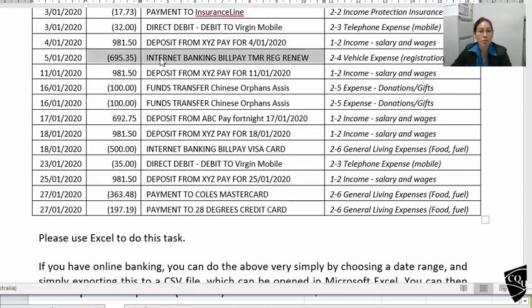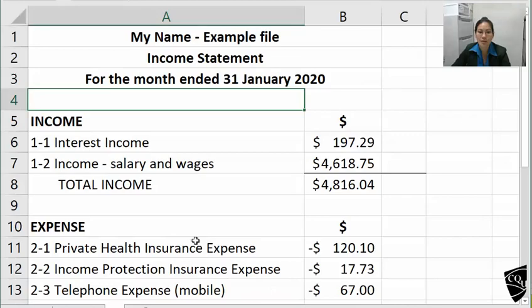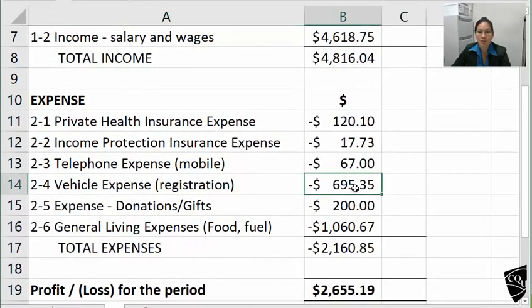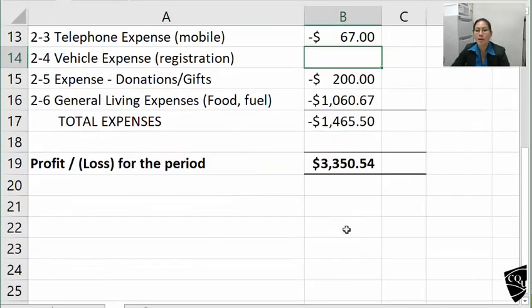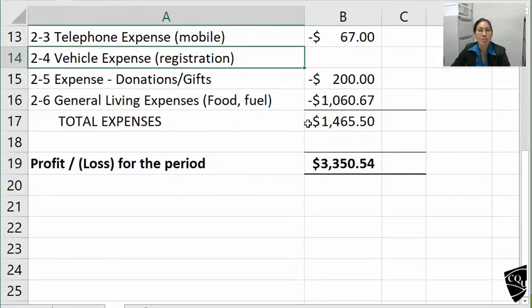So if I was to classify that under the accrual basis of accounting, this wouldn't go as an expense on my profit and loss. You would not see it here, right here. I would delete that and it would make a difference to my profit. Instead, the registration would go as a prepaid asset on my balance sheet, and I would divide it by 12,